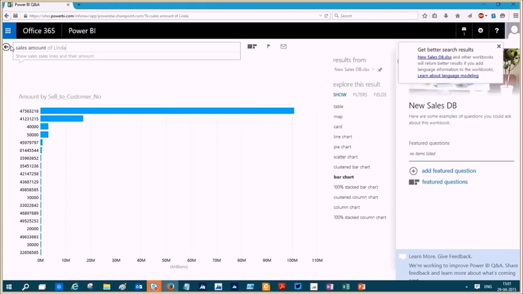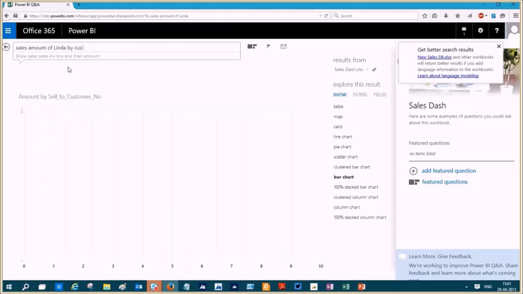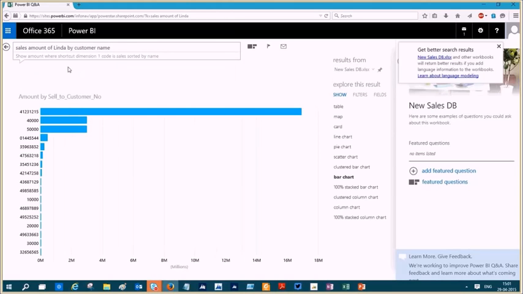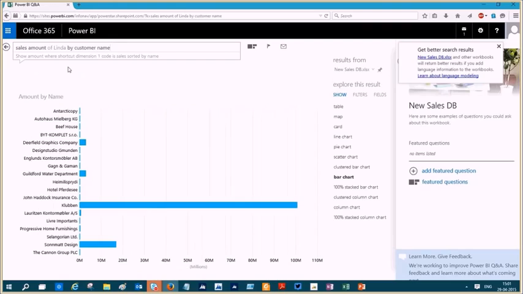Okay, so it's showing me how Linda has been able to influence sales, right? This is the customer number. Okay, so this is the customer's name. See, so I hope all of you get the benefit of using Power BI, and imagine, as I was